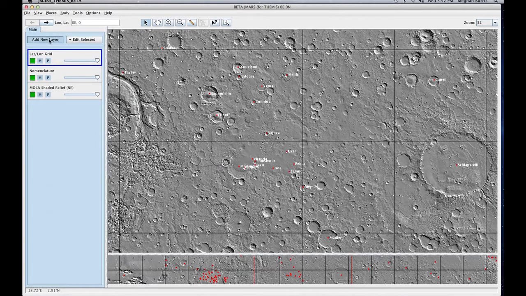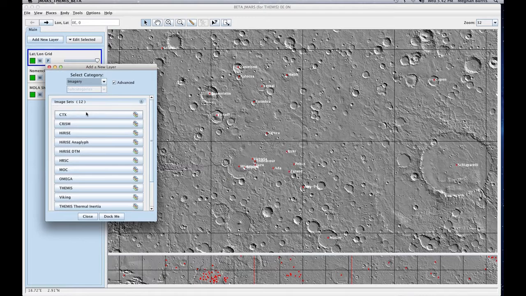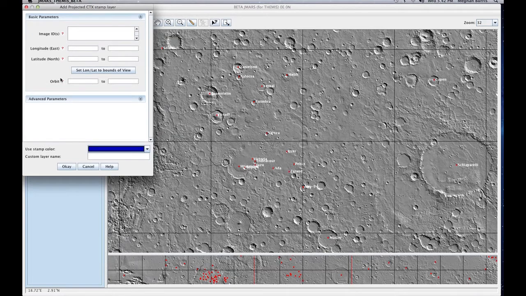You're going to go to Add New Layer and click Home, Instrument. For this tutorial I'm going to do CTX stamps. Here you can either put in your lat long bounds or you can just press this button. It should say main view when you click it. Basically that means that it's only going to bring back stamps for the area that you see in this top